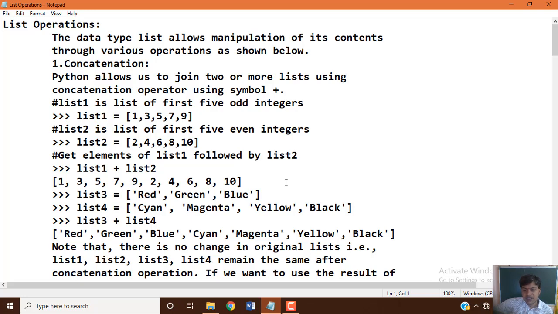Based on the numeric value, that many times the list data items will be repeated.